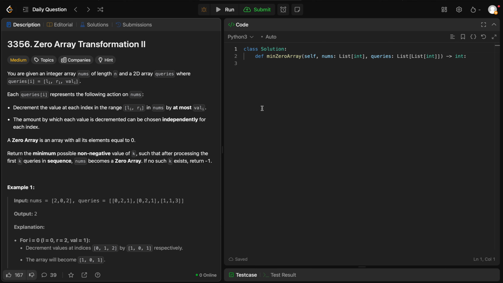Welcome back. In this video I'll be solving LeetCode problem 3356, Zero Array Transformation 2. So you're given an integer array nums of length n and a 2D array queries where queries[i] is [L, R, value]. Each query represents the following action on nums: